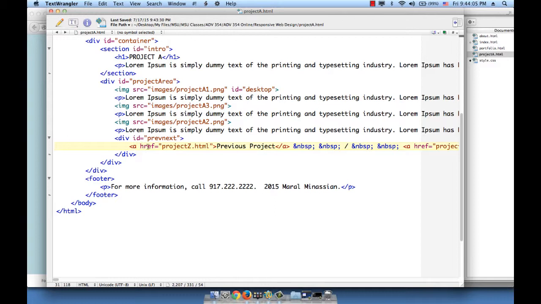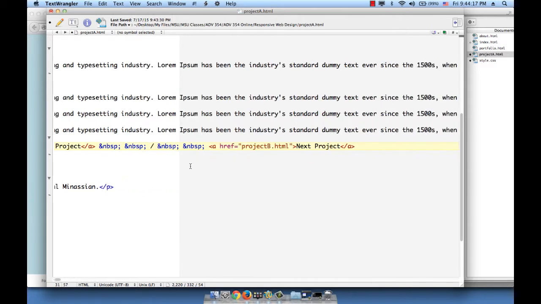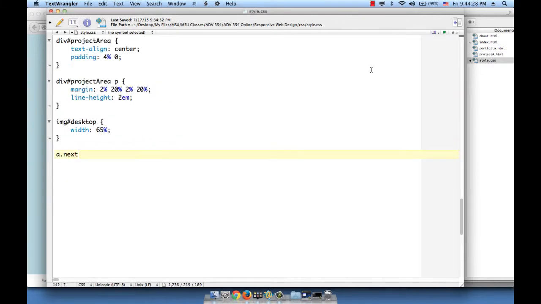So the A element has an attribute href. It also must have a class next. Okay, and the same class applies to the other A. So the two A's have the same class next in addition to their other attribute href. Going back to style, a.next,